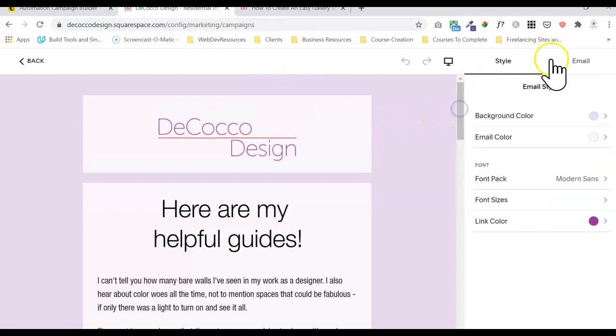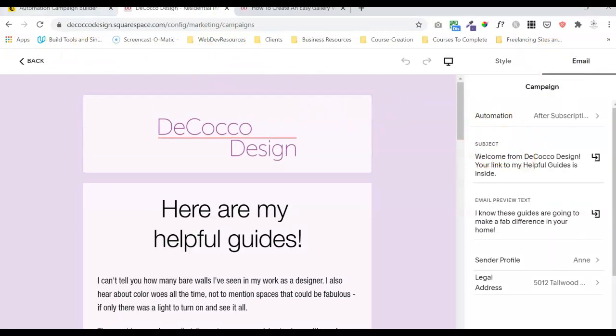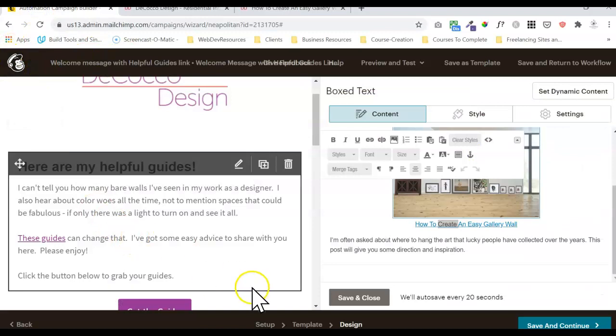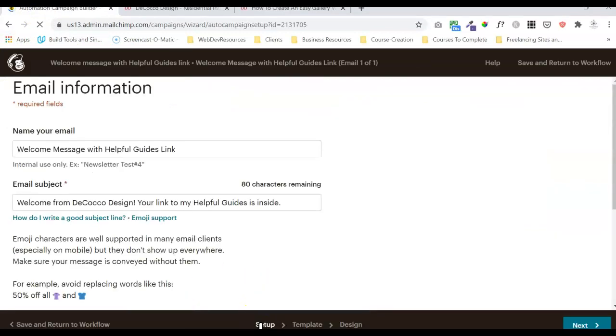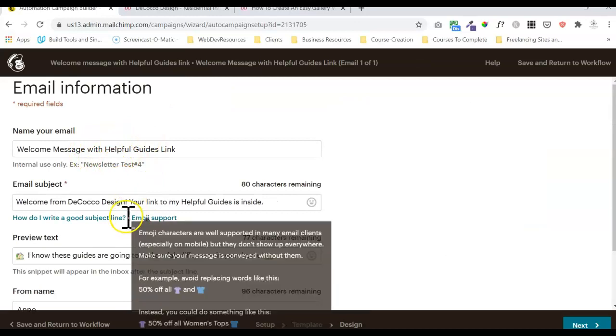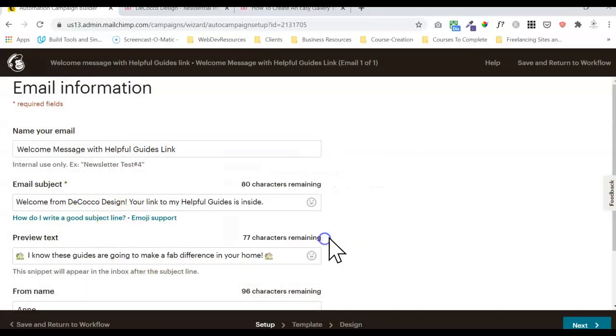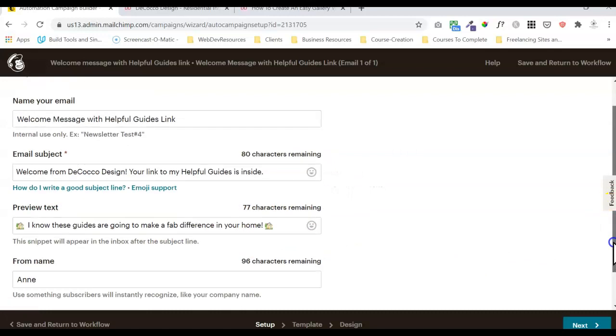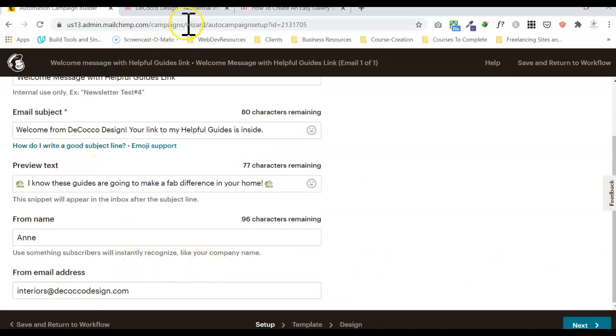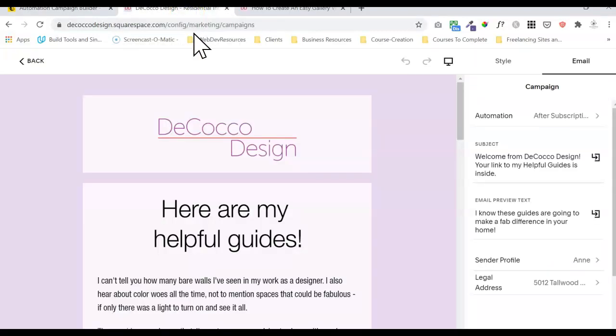Here are, and then also important in your automations in Mailchimp, if you remember that you had to name your email and create a subject and provide some feedback text and your from name. So there's some of that, they're capturing all that information, but they're not capturing it all in the same places. So you may have to poke around a little bit more to find things in campaigns on Squarespace because it is a little different of a setup than Mailchimp, but you're essentially going to have the